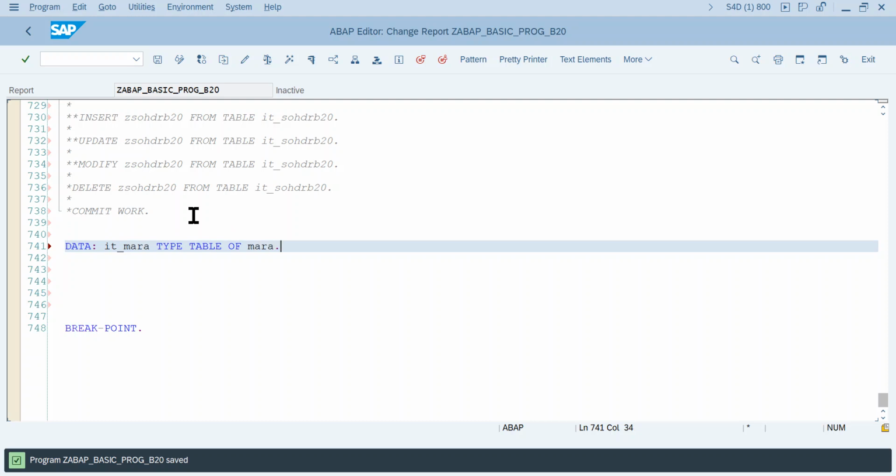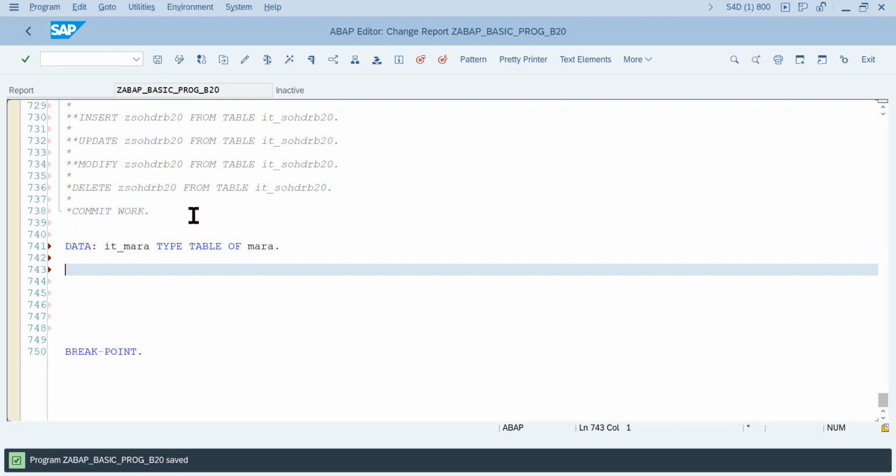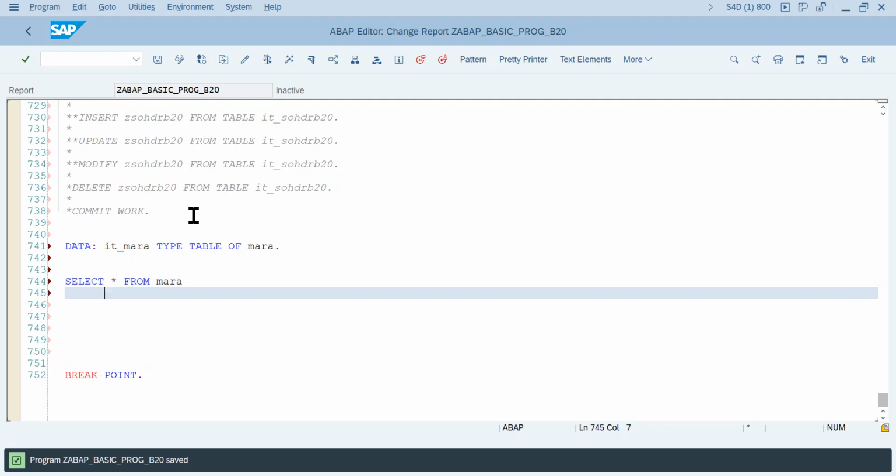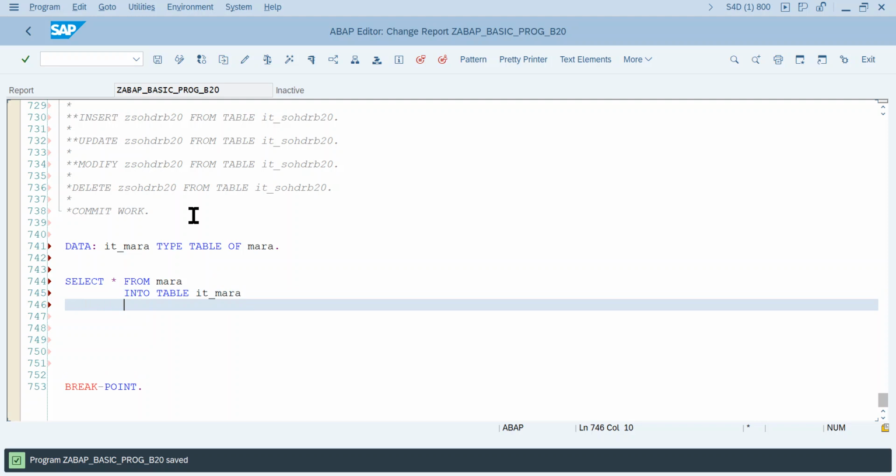I'll declare the table like MARA, and I'll write a select statement: select star from MARA table, and store it in the application layer into table IT_MARA, where material number